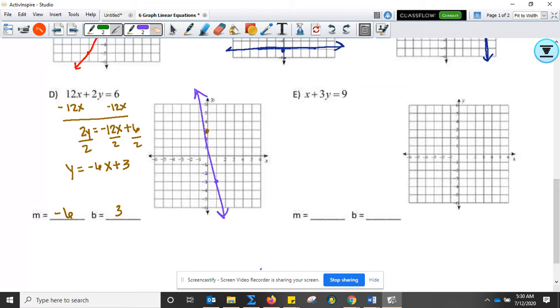Now for E. Once again, you need to solve it for y. Begin there. So I'm going to subtract x. 3y equals negative x plus 9. Divide every single term by 3. y equals negative 1/3 x plus 3. My m is negative 1/3. My b is 3. So remember, graph your b first,